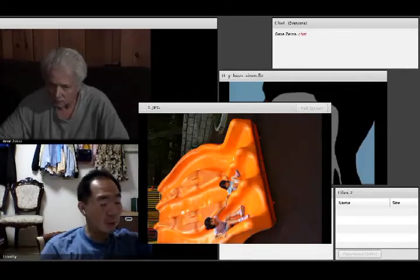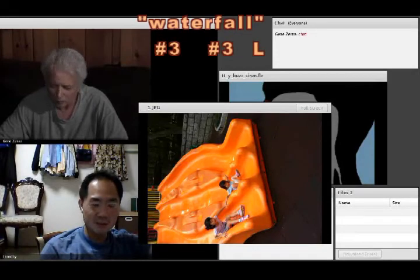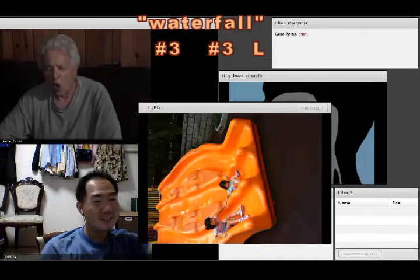And in the outdoor swimming pool, there's a waterfall. I didn't take any picture because